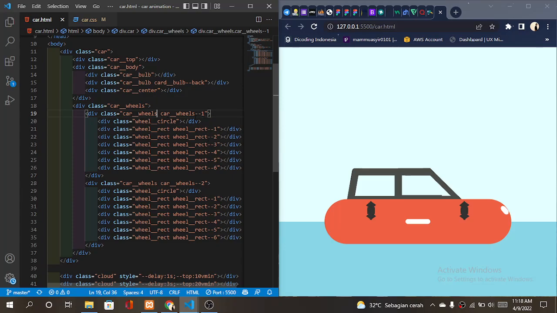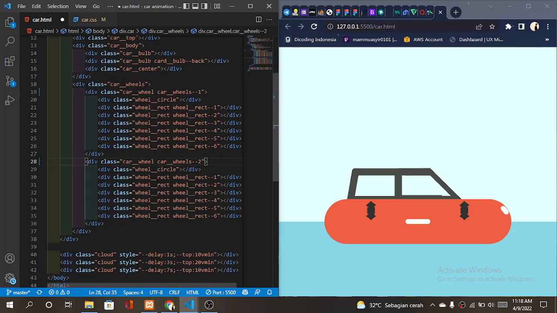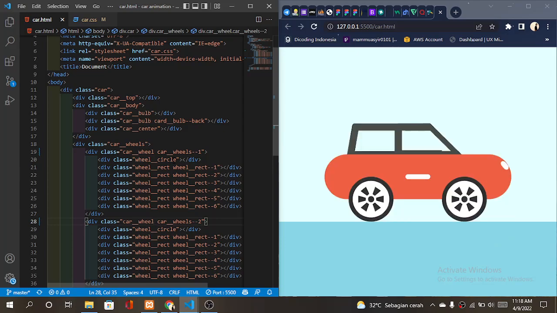We must delete the s for class cartwheel, as you can see, and then try to save this. And you can see,